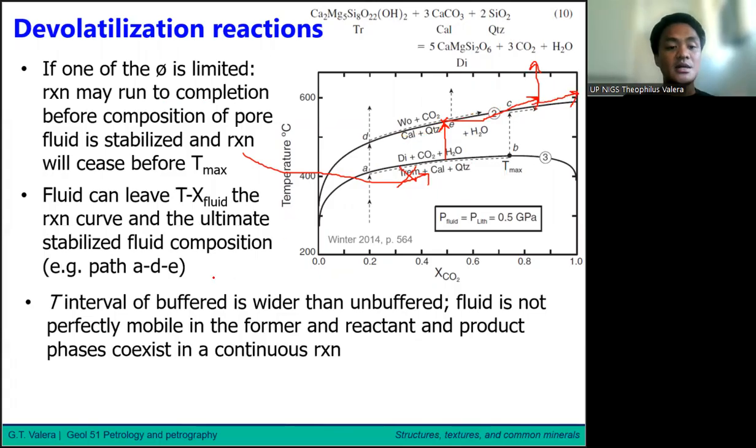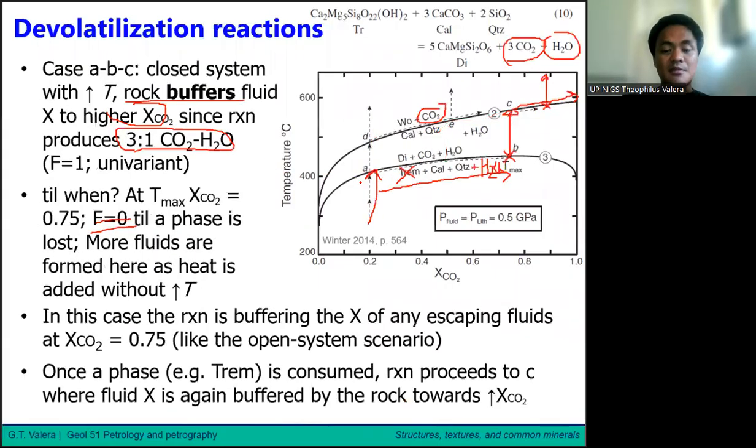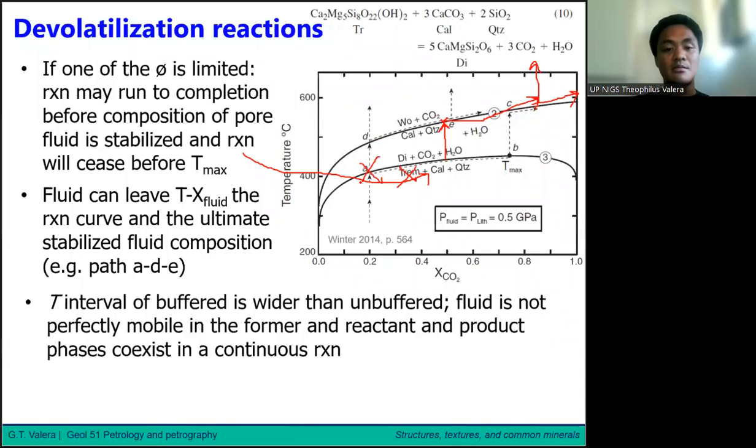Fluids can leave the reaction curve, and the ultimate stabilized fluid composition... For example, in this scenario it's an open system, that's the term I was looking for. So it is buffered all the way to D. And then upon reaching D, it can suddenly become a closed system. Let's say there is no more